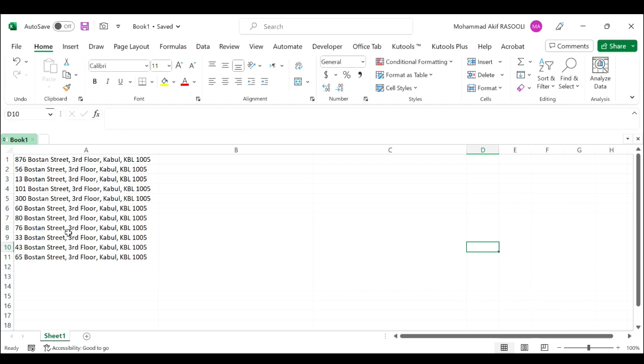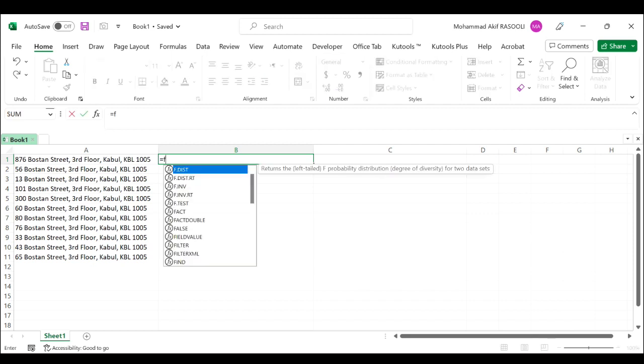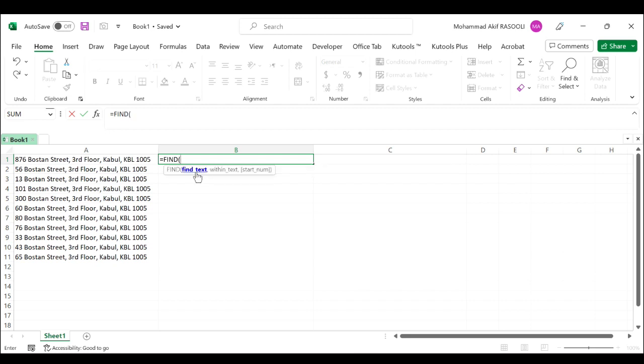Select a blank cell which is adjacent to the address list and type the following formula. Type FIND. It returns the starting position of one text string within another text string. Press Tab. For the find text, type double quotation, space, double quotation, comma, and for the within text, select cell